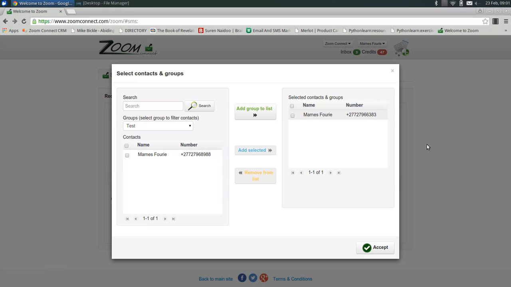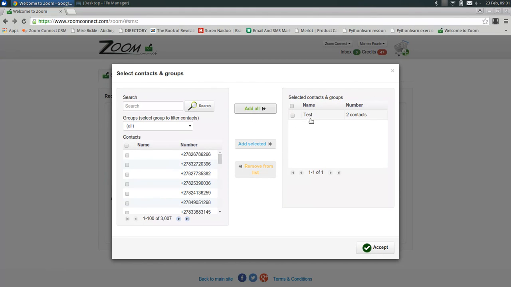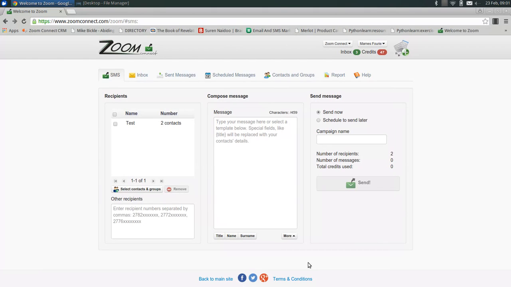Alright, let's send it to the group. So I'm going to click on test. There the two numbers are. Add group to list. The group name is test. There are 2 contacts. Accept. Now automatically it appears under recipients, which means these are the people that will receive the message that